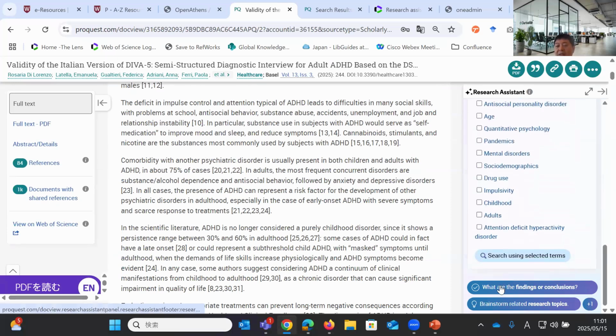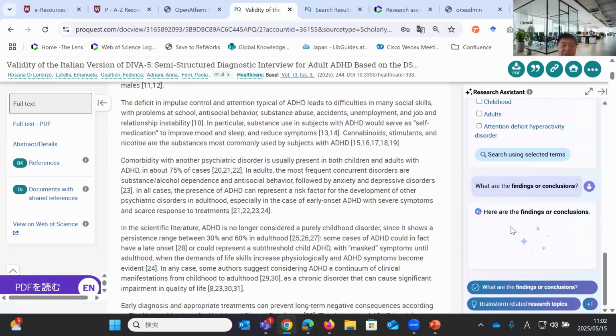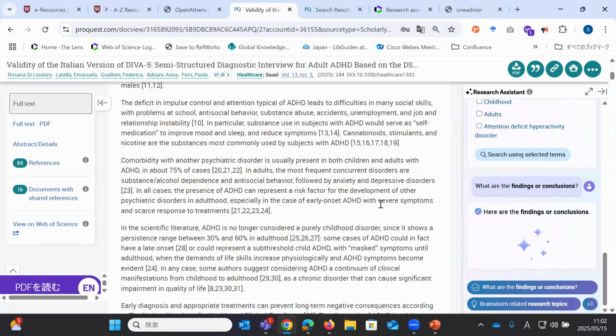So it is available, and the findings and conclusion based on the contents. We try to show what's the findings and conclusions of this document.